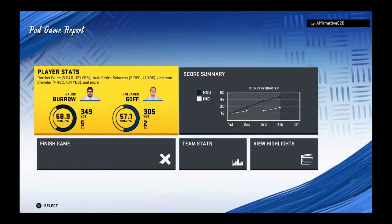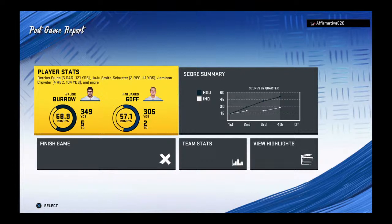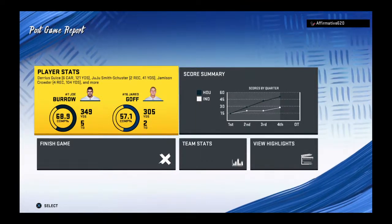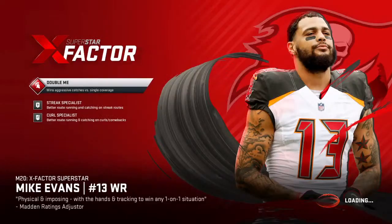So for the Texans, the streak continues as they push their mark to a perfect 12-0 now on the year. And they'll get another road date next week as their opponents will be the Tennessee Titans. Meanwhile, for the Colts, it was a win they needed to turn the season around, but instead they fall to 5-7. And they'll try to rebound next week as they head to Heinz Field to take on